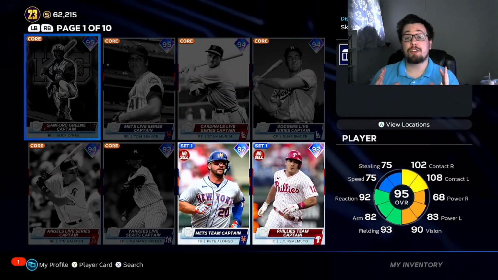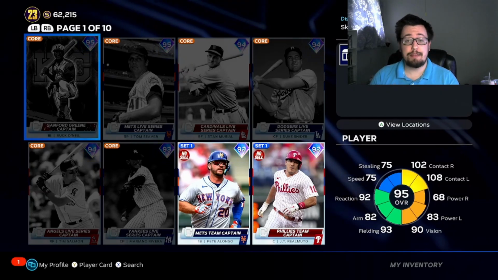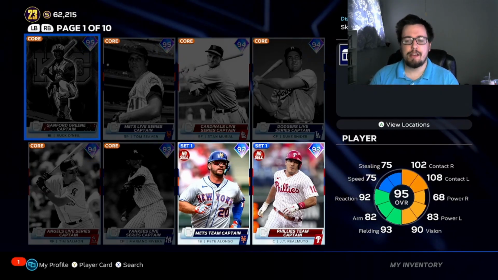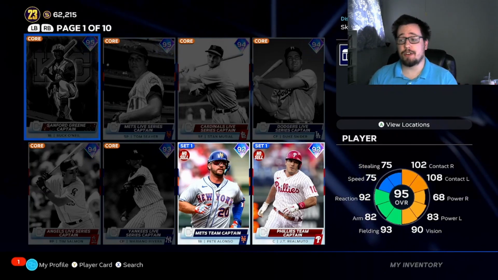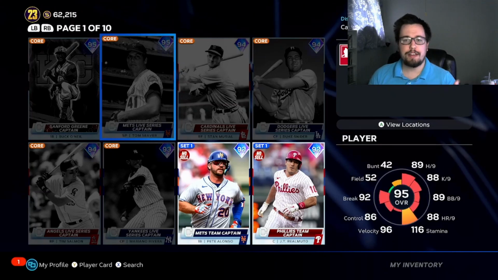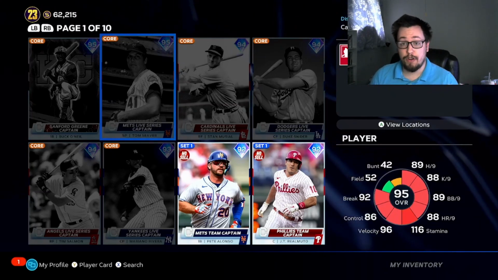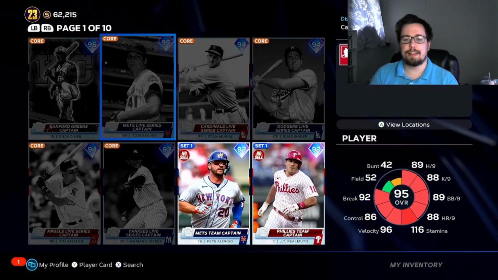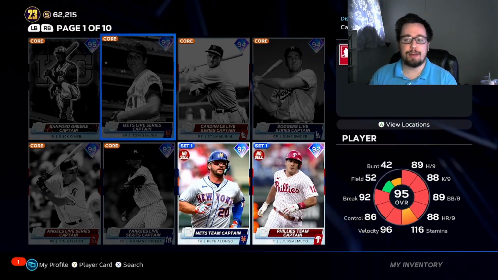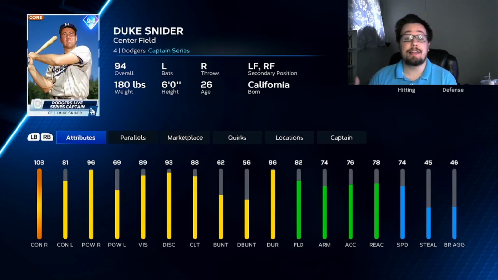And there are what I would call 3 different types of captains in the game. There are series captains, team captains, and then specialty captains. So a series captain is a captain that boosts a specific series of cards. So for example, the most prominent type of captain in the game currently are the live series captains, and these are the guys you get for completing the live series collections for each individual MLB team. So you have a Mets Live Series captain, a Cardinals Live Series captain, a Dodgers Live Series captain,